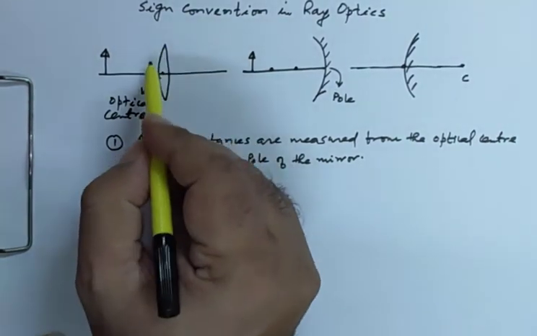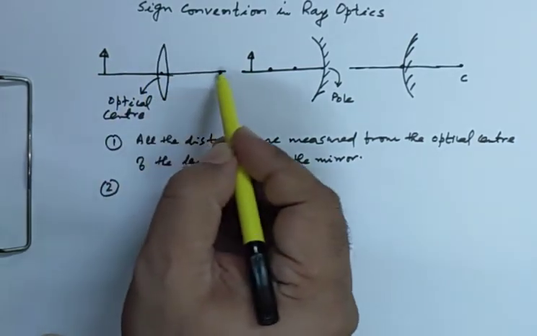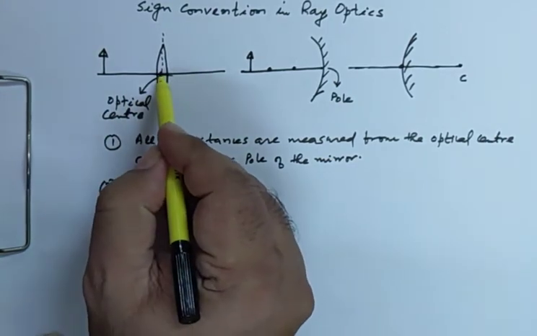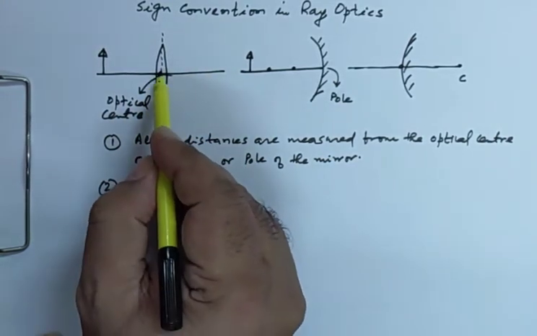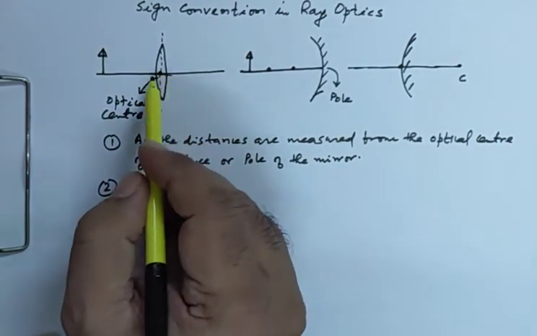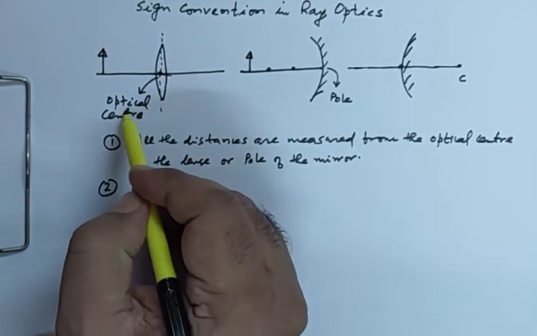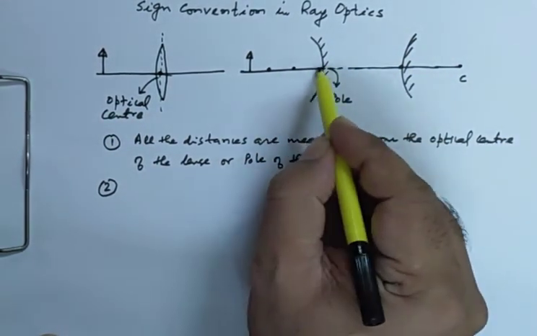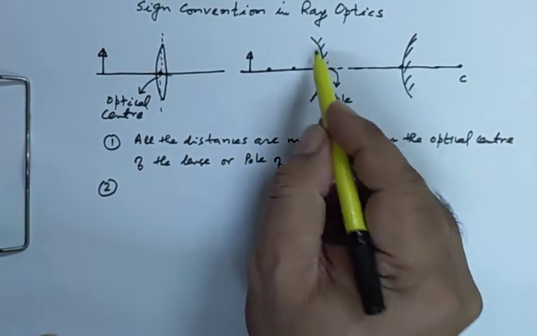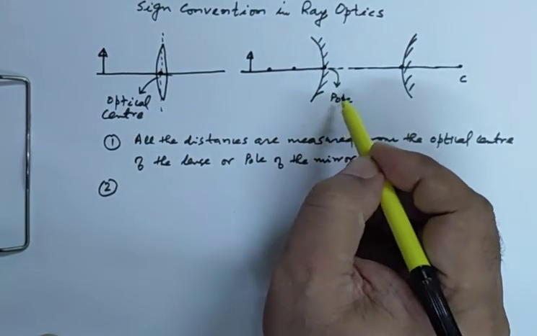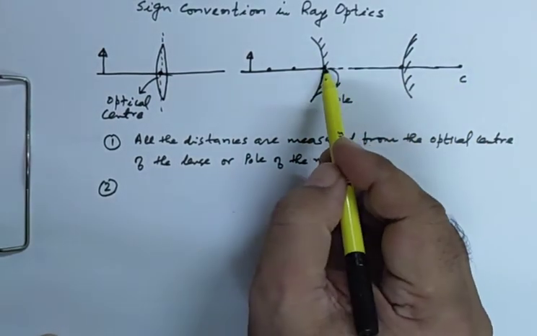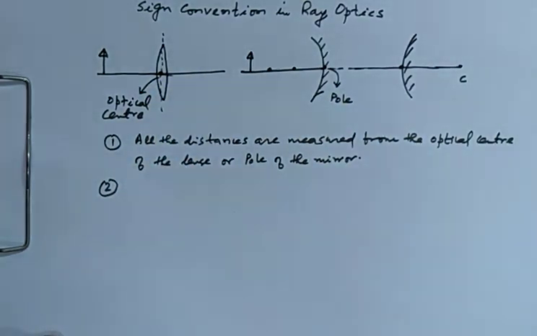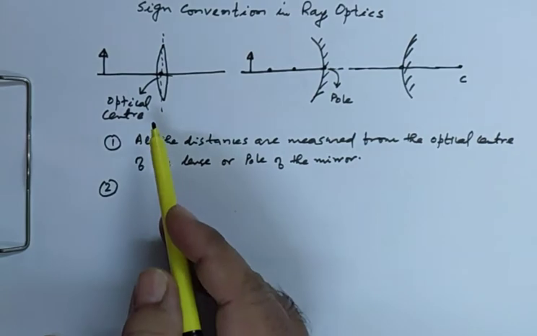poles of the lens. This is the convex lens, this is the principal axis, and the vertical line which geometrically divides the lens. Where these two axes meet, this is called the optical center. So all the distances in the lens are measured starting from the optical center. Similarly, in the mirror, this is the principal axis, and this axis divides the mirror into two geometrical halves. This point is called the pole of the mirror. In case of a mirror, all the distances are measured from the pole. So the first thing should be very clear: all the distances will be measured from the optical center or the pole